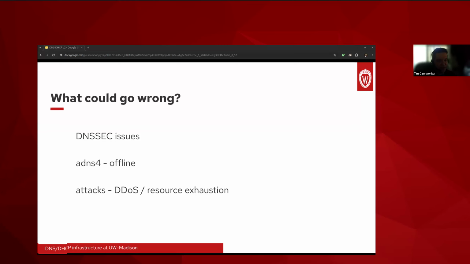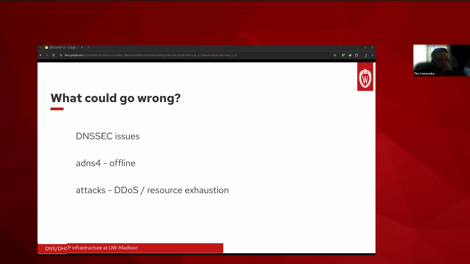Any given day. So that's when I do the work, even if it's not expected to be impactful. And for this sort of failure, there really is no rollback. If the server doesn't boot, it's not going to boot. So the best that we can do is to understand how that affects things and to minimize the impact. And of course, leveraging the redundancy and the DNS protocol reduced the impact of that problem for us.